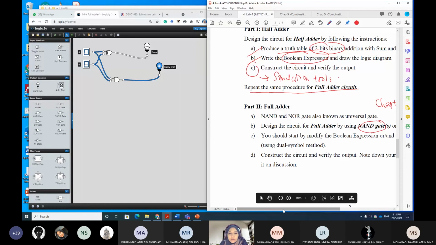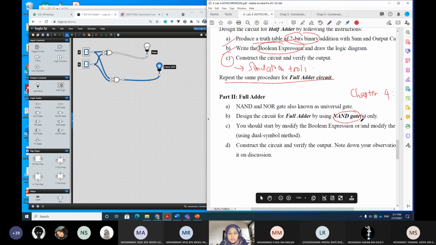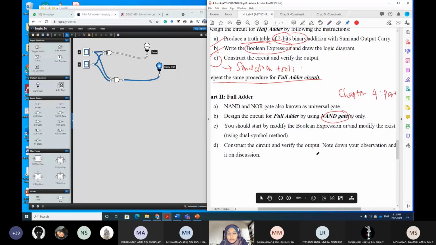All right, so here you need to construct and design the full adder by using NAND gates only. Okay, and for this I think most of you will not get the same answer, because it doesn't matter how many NAND gates you use for your full adder. Okay, and then you can refer to this